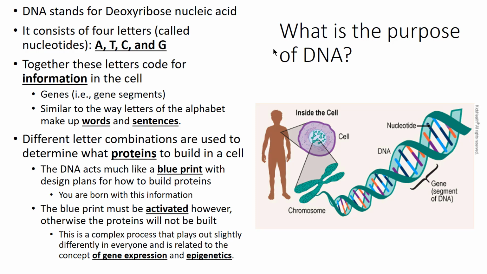The mechanism is often referred to as gene expression, kind of like you have an idea in your head, information, and then you say it out loud. You're expressing your idea. That's what we often refer to as gene expression. That's the process by which the information is converted into a product, which is very often, not always, a protein, which then takes an effect. Epigenetics will come up in the genetics section. Epigenetics is a newer area of genetic research that has to do with the control of gene information, almost like an on-off switch that tells the cell when to activate a gene or when not to activate a gene.